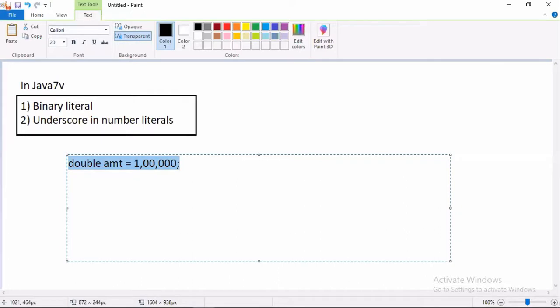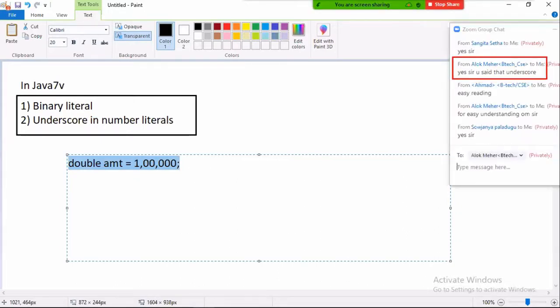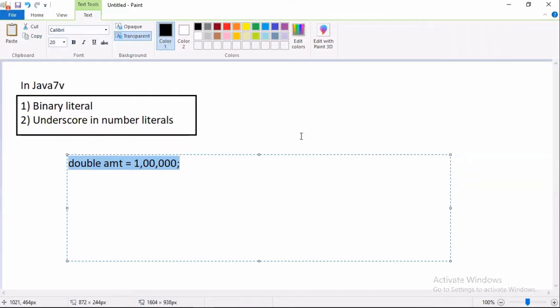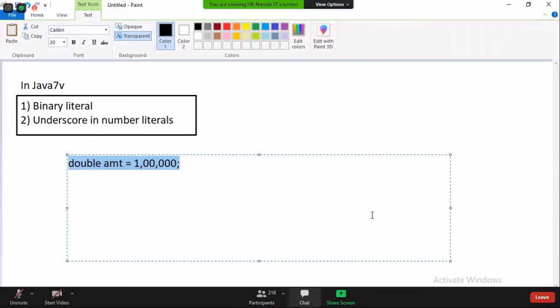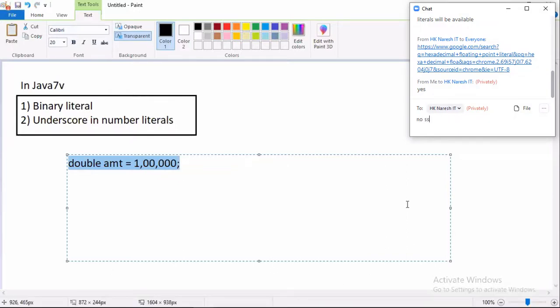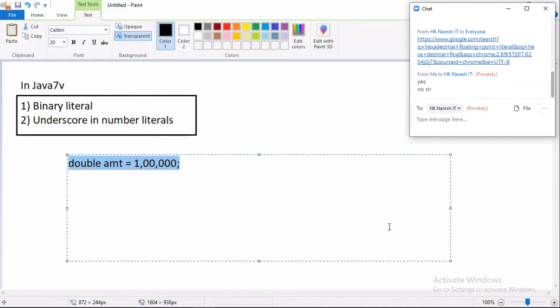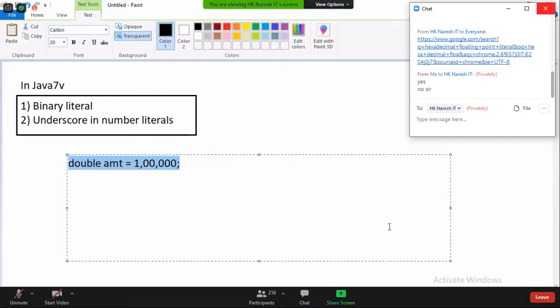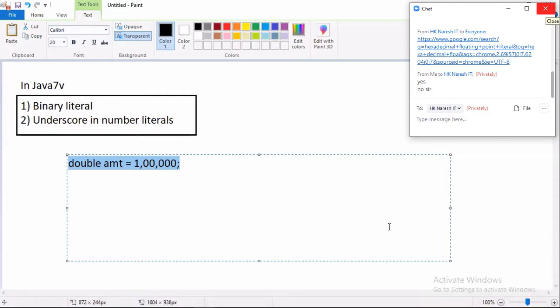Okay? 4 p.m. batch, did I explain this topic already? Underscore in number literals. Alok Mehar Ray is telling that I already explained. Then how is your classmate telling that yesterday night in his dreams, maybe I came? Did I come to your dreams? Normal dreams or big dreams?